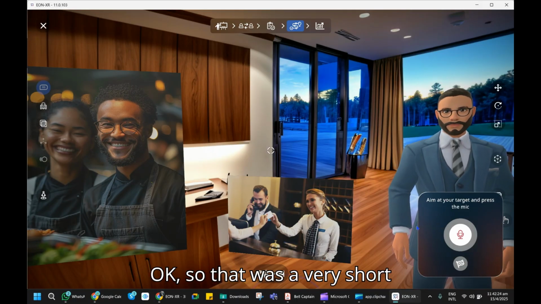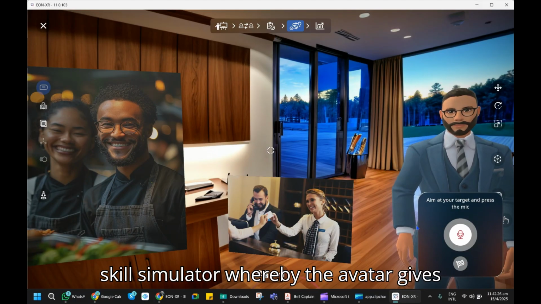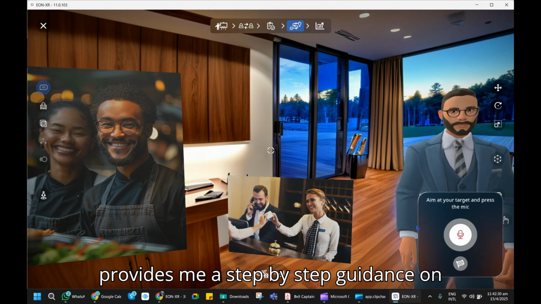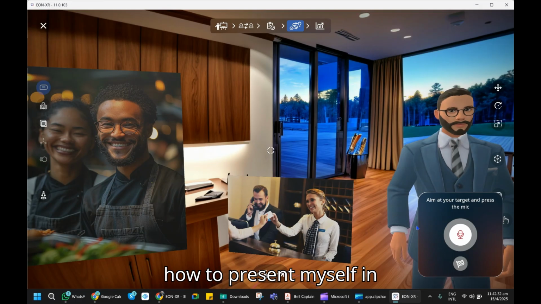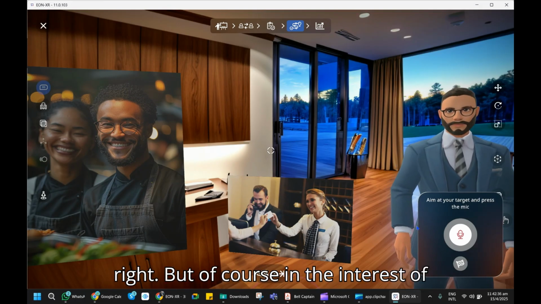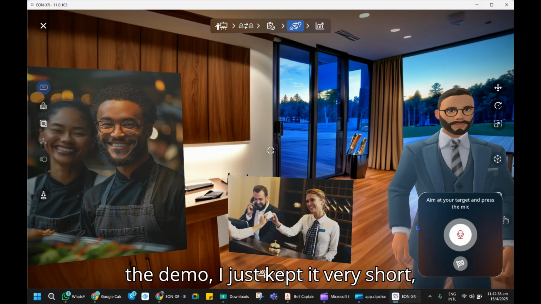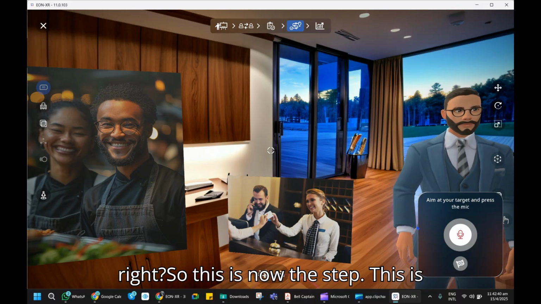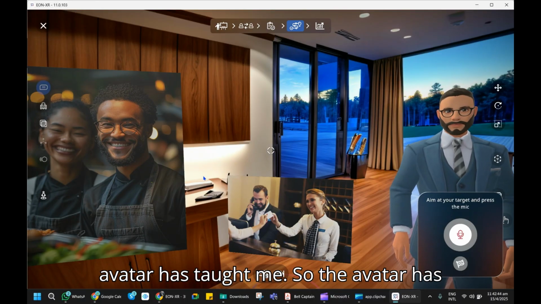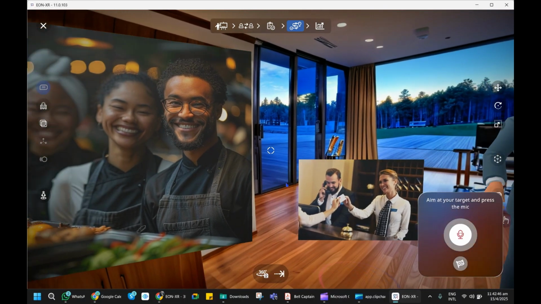Okay, so that was a very short skill simulator whereby the avatar provides me step-by-step guidance on how to present myself when I am attending to guests. All right, but of course, in the interest of the demo, I just kept it very short. All right, so this is now the time where I have to repeat what the avatar has taught me. So the avatar has taught me to first